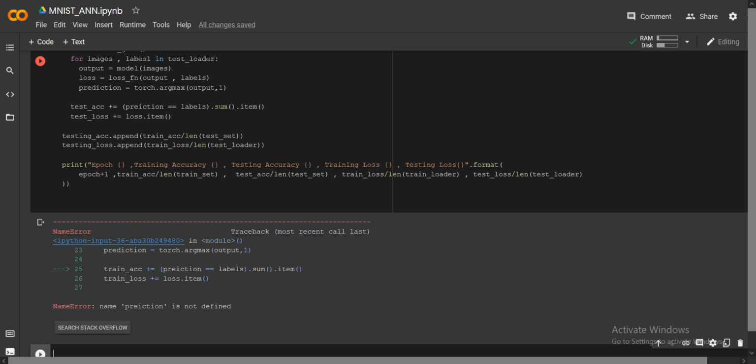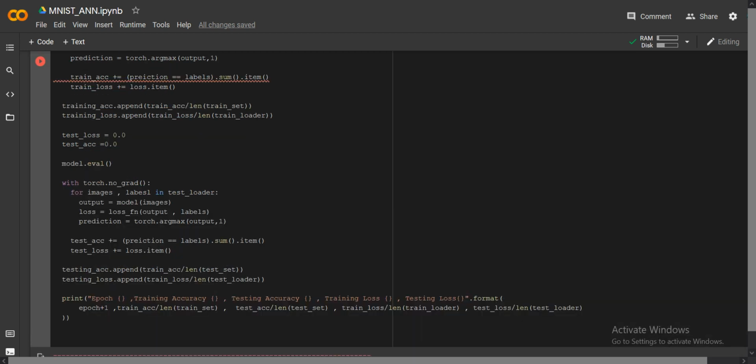Prediction is not defined. You have to write the correct spelling after the mistake, prediction. Similarly you can write for this.